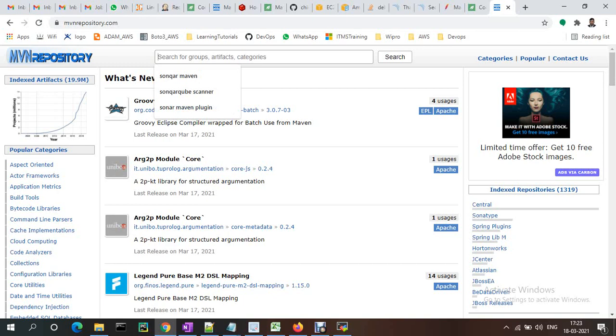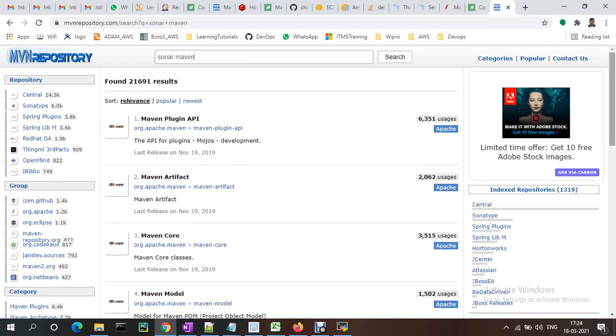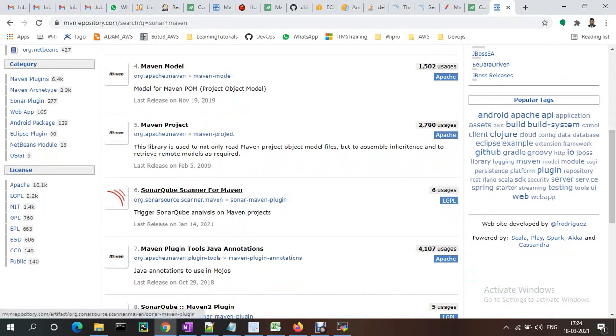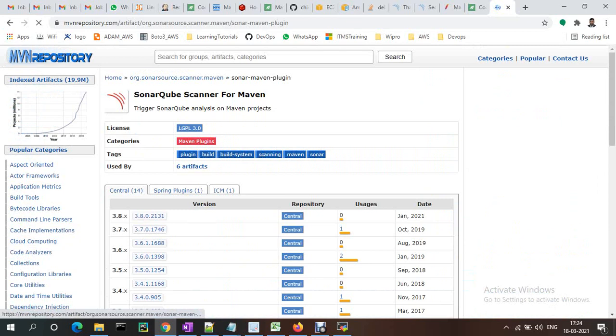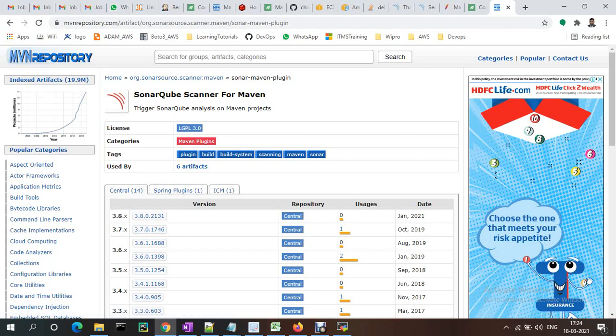Let me check the Sonar Maven plugin version. See, SonarQube Scanner for Maven. The latest version is 3.8, and I am currently using 3.4.